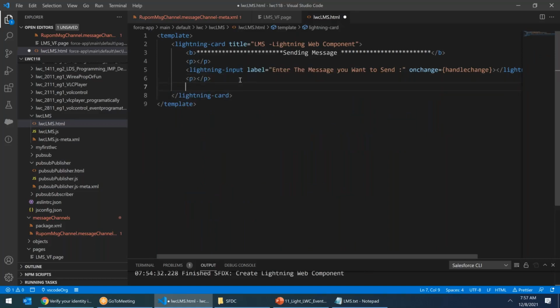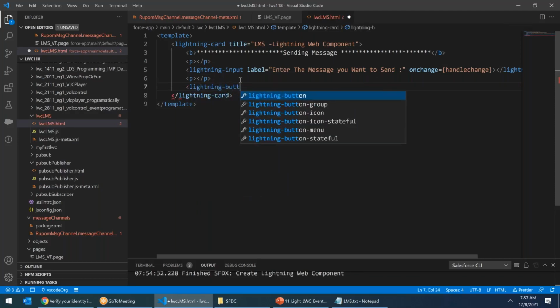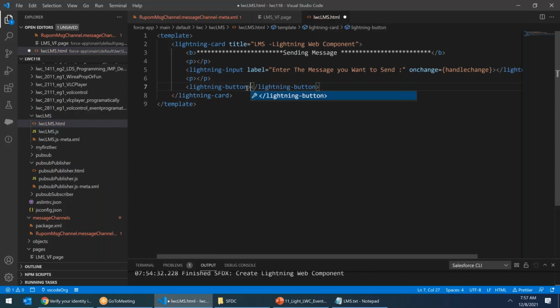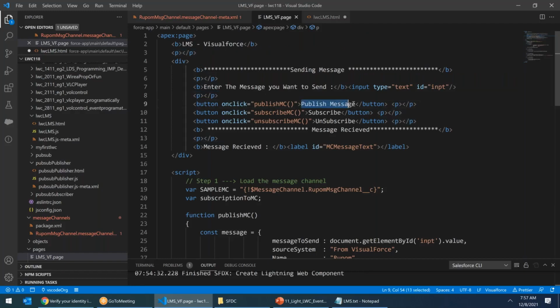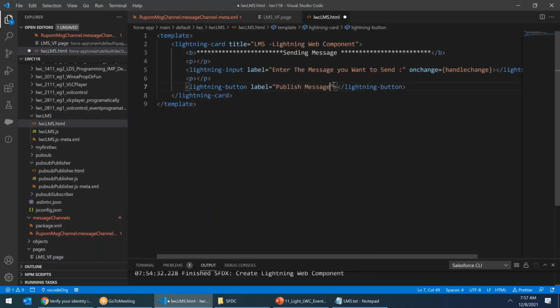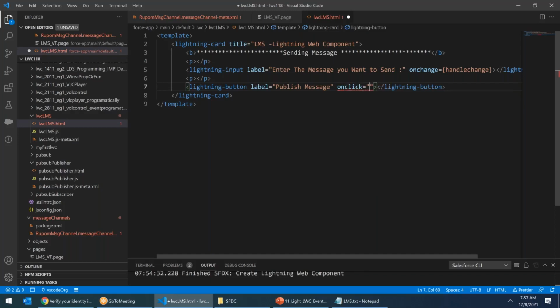Now there are 3 buttons. So I say lightning button. Right? What is that? Label. Label equals to publish message. There also I have taken label publish message. Let's see. Yes, publish message. Subscribe, unsubscribe. Same buttons I'm creating here. Publish message. On click. Whenever you click this button, the system should call